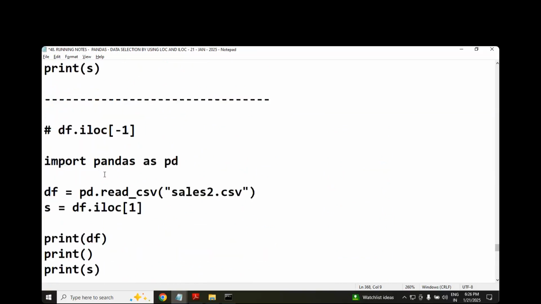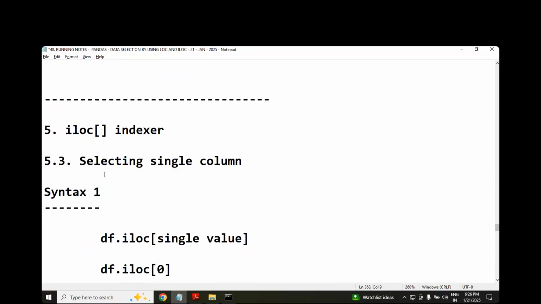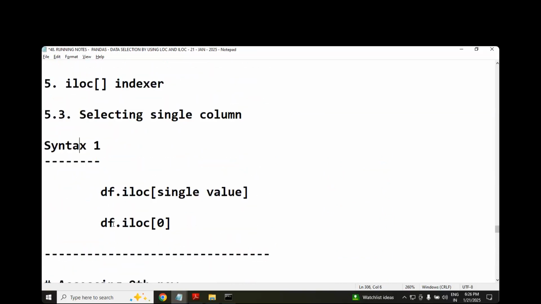Syntax 1, I have explained somewhere, right? Syntax number 1. iloc of 0. If you are directly accessing like this, it will touch the index. It will try to access what exactly? Index. I hope you know index 0, 1, 2, 3 is available actually. But let me tell you,